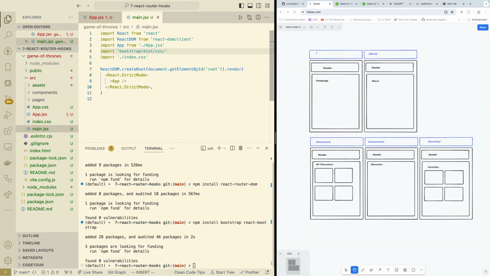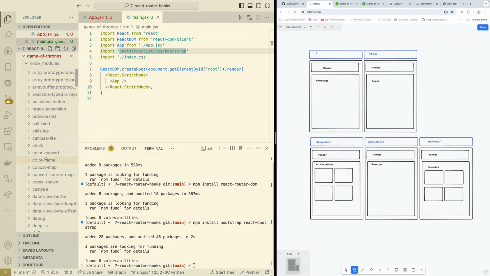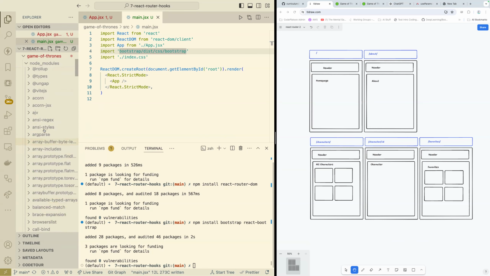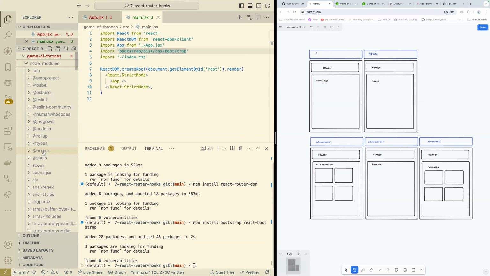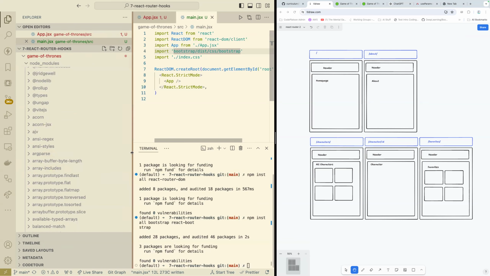And Murad, yes, sir. I just wanted to say the same thing. We're going to import the Bootstrap inside the main and go to the Bootstrap inside the node modules and import the bootstrap dist CSS bootstrap. I remember something like that. Yeah, exactly. Exactly. And I should see Bootstrap here inside my